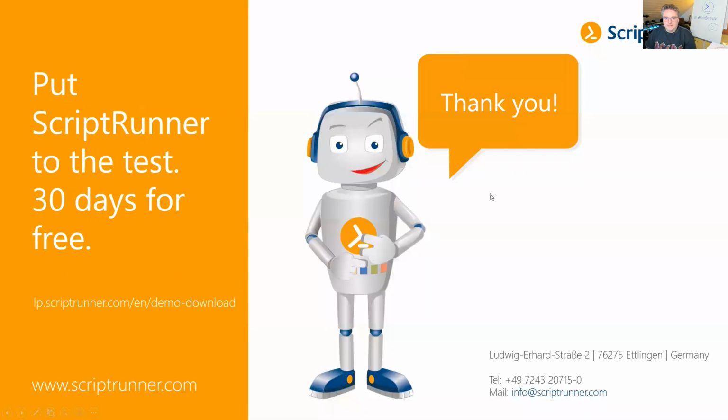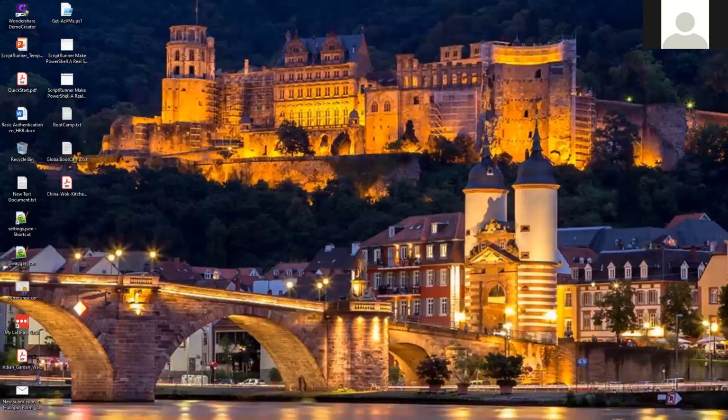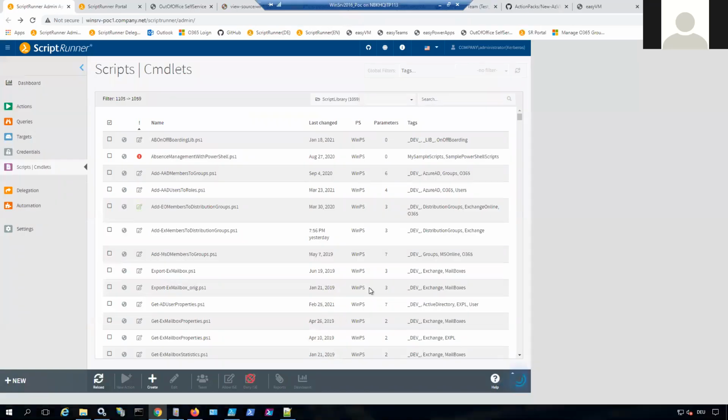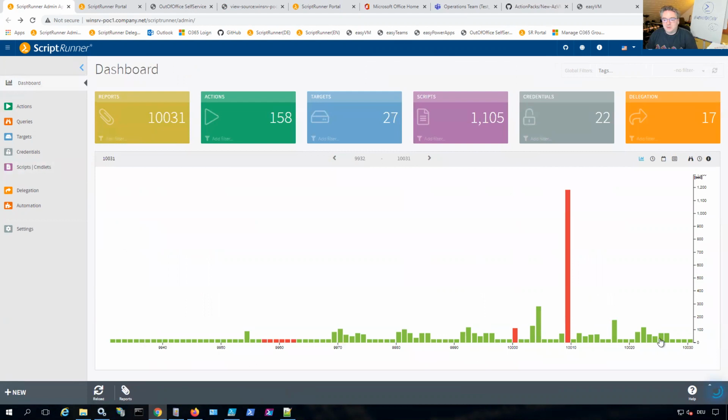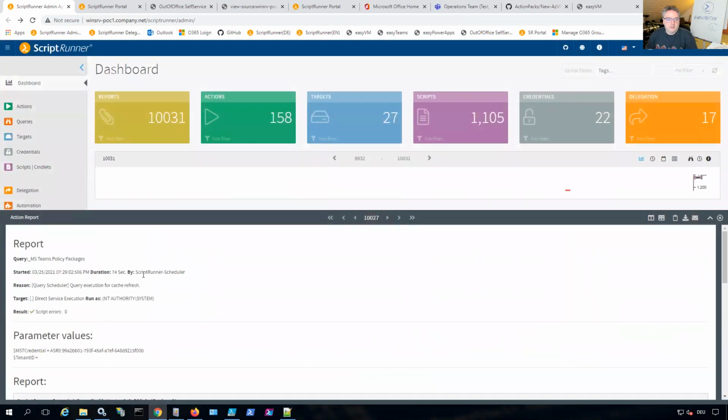Sorry, this is Dennis. This is my question. So ScriptRunner keeps track of all the users doing these things as tracing logs. So those logs will contain user information, right? It depends. So it will at least, yes. If we go back to the dashboard, it will at least contain the information about